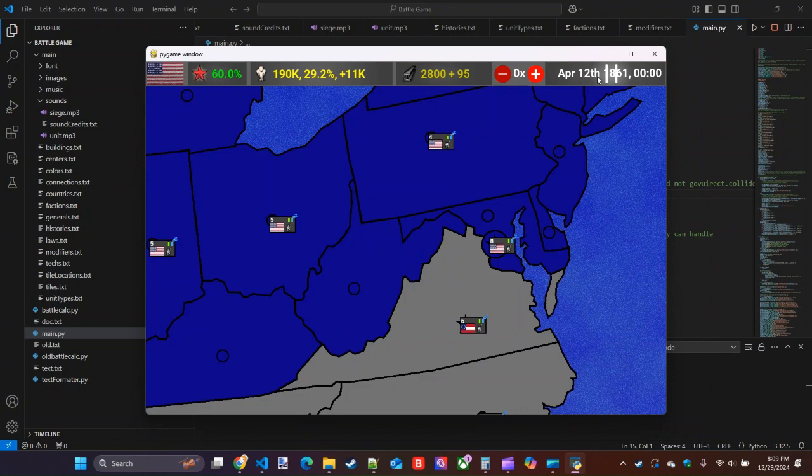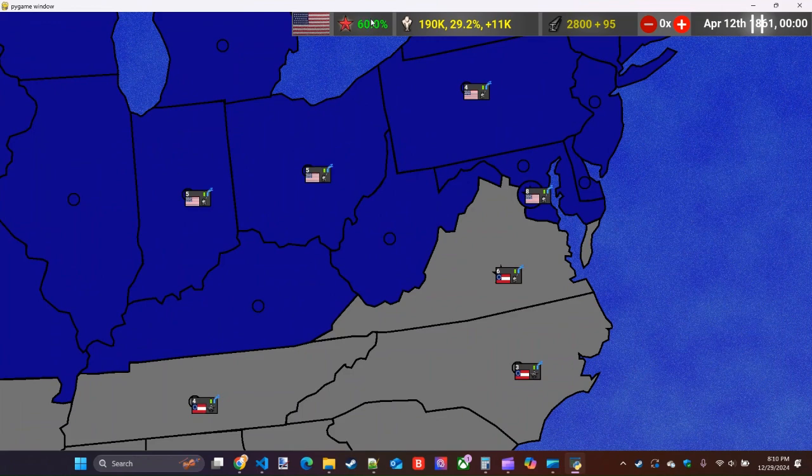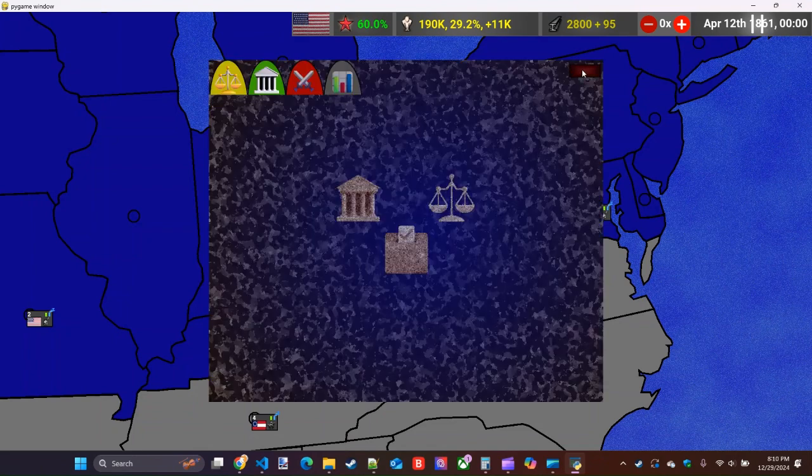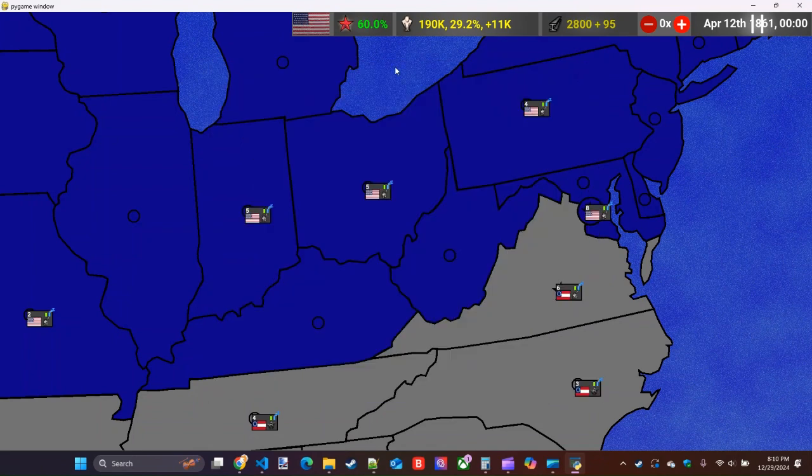So let's just show how this is right now. If you notice, we have three things in the top bar. Three resource things. We have morale, we have reserves, and we have production. So morale essentially just affects a large amount of things. It's going to be used for laws and elections, the popularity of parties, and stuff like that. Also, just general modifiers. Right now, this is hideous, but there's gonna be parties and